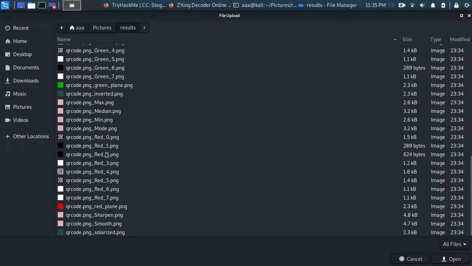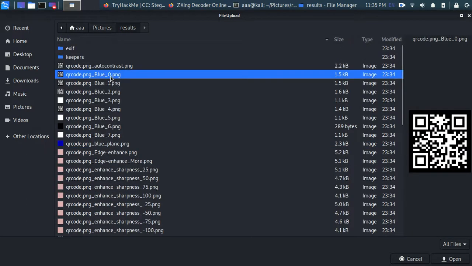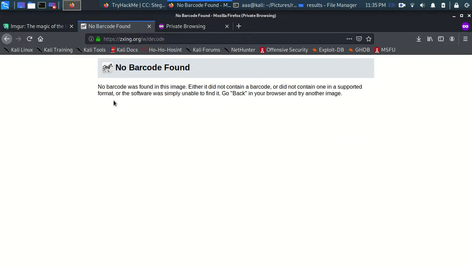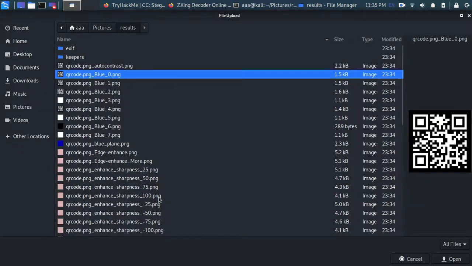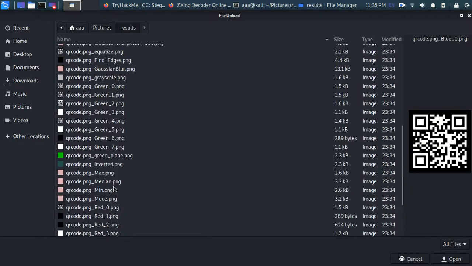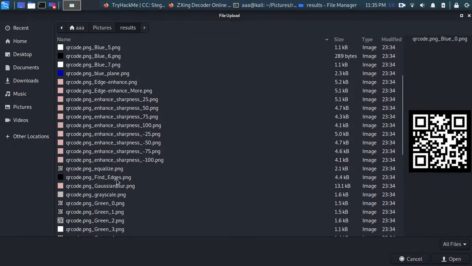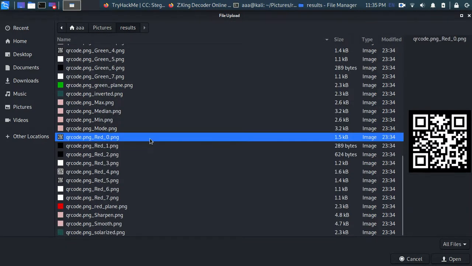Maybe this thing will work, but let's start with blue, and let's open this and submit. It's not like every QR code will work, but maybe one of them will, and maybe even that was not clear. Let's try the red color one. This looks pretty clear to me, and let's open this and submit.